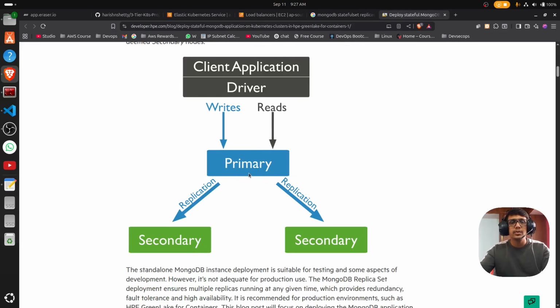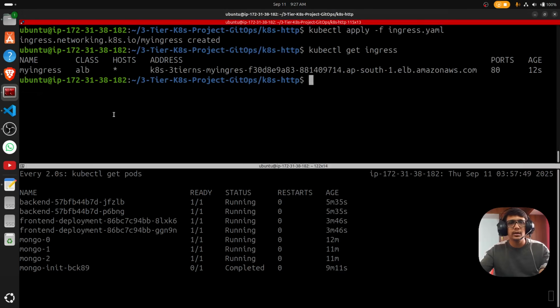The primary is going to replicate the data to the secondary, and again to the secondary replica. The same way in this project we did it, but the main thing we have to keep in mind, I just run kubectl get PVC